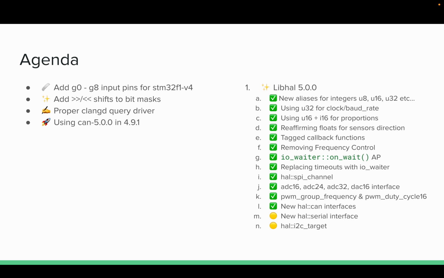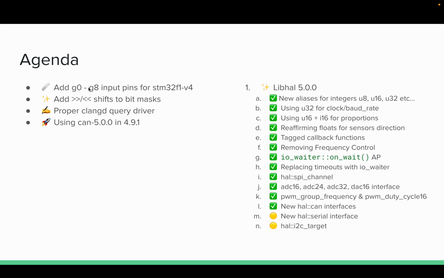So for the agenda today, we're actually not going to go over any new libhal 5.0 features. I'm going to go over a couple of things that have been updated recently, and we'll be going over the implementation and usages of the CAN 5.0 interfaces, because I've actually backported them to 4.91. Now, first things first, this doesn't actually have its own slide, but